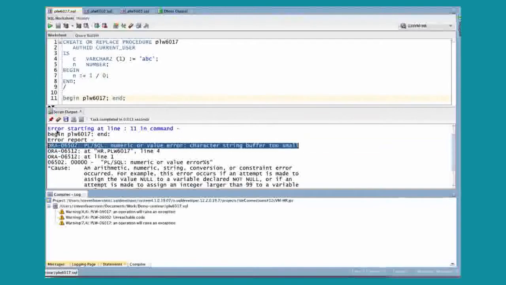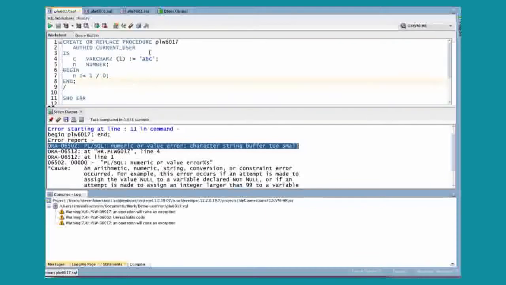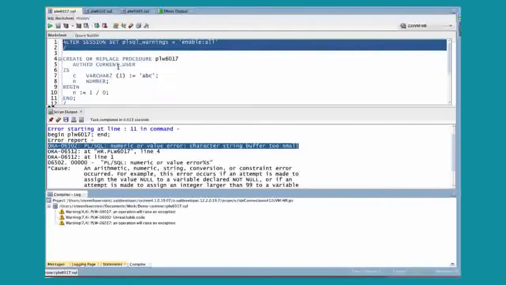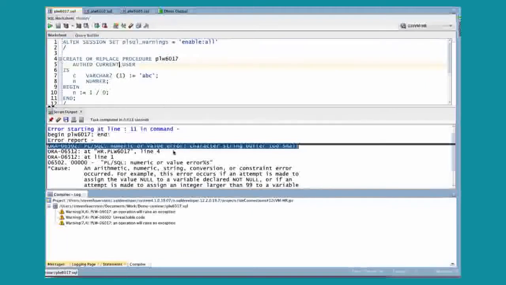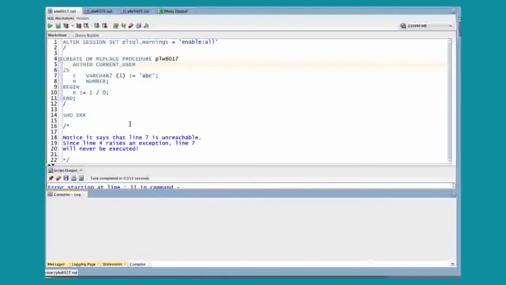So I run this program and I get an error, and you know what? I bet you knew that. I bet you knew you were going to see that error because it's pretty darn obvious, isn't it? I'm assigning ABC to a string with a maximum length of 1. And you might have been saying to yourself for so many years, Oracle, why can't you figure that out too? You're so smart. Well, in fact, Oracle is super, super smart software, and you can do that by turning on